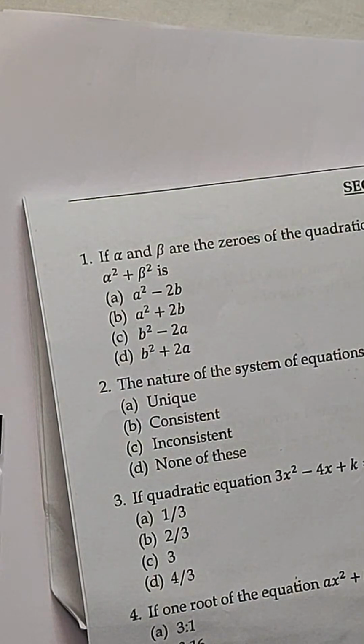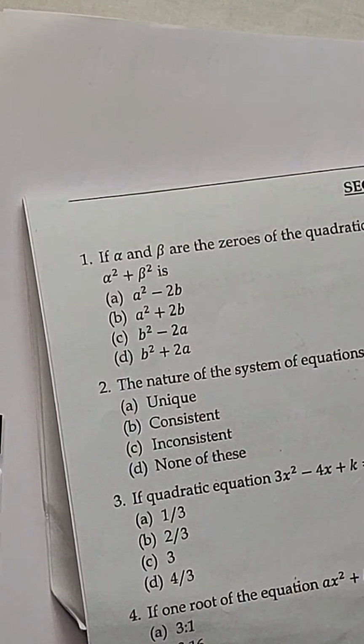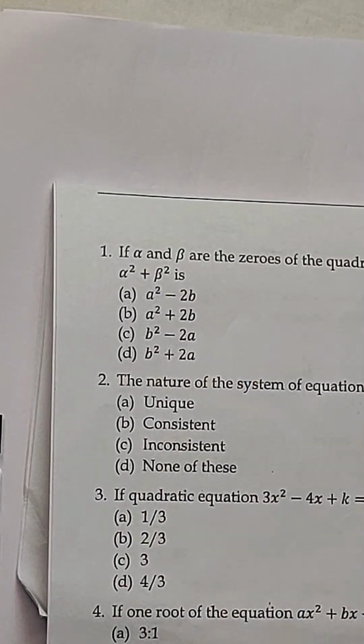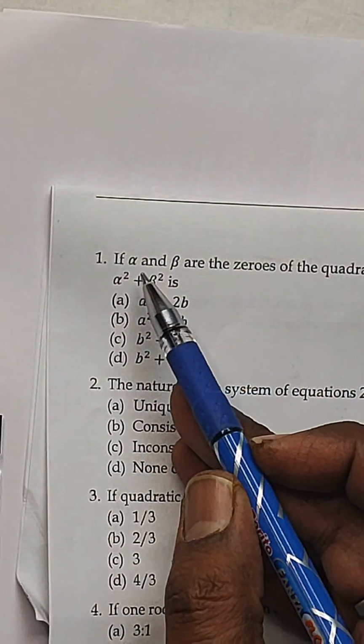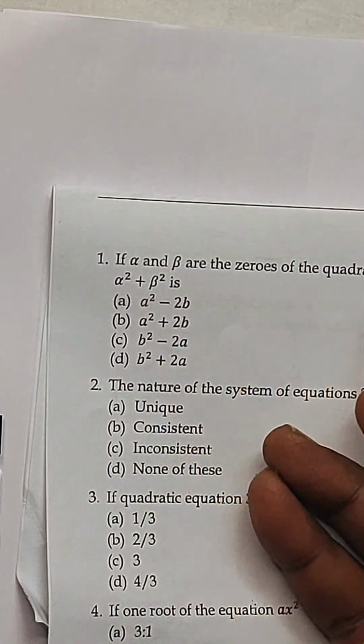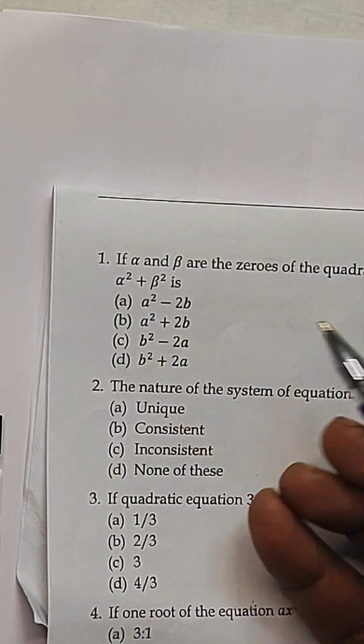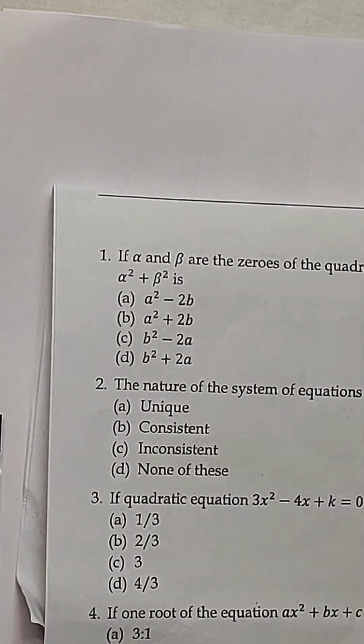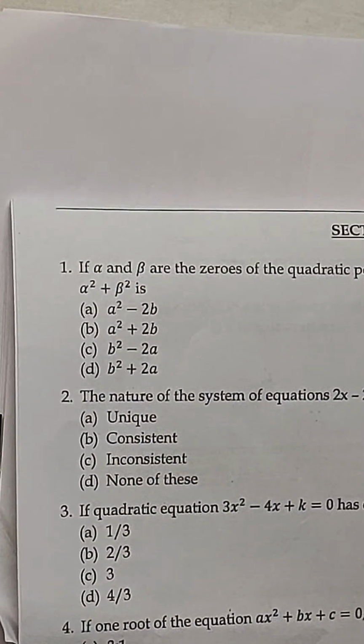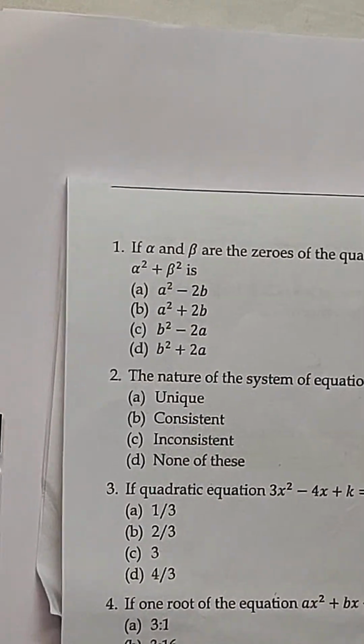Hopefully good, right? So let us take a few questions, just as a kind of revision session you can consider. So let me see this question. If alpha plus beta are the zeros of the quadratic polynomial, then the value of alpha square plus beta square is how much? Okay. So into this question,